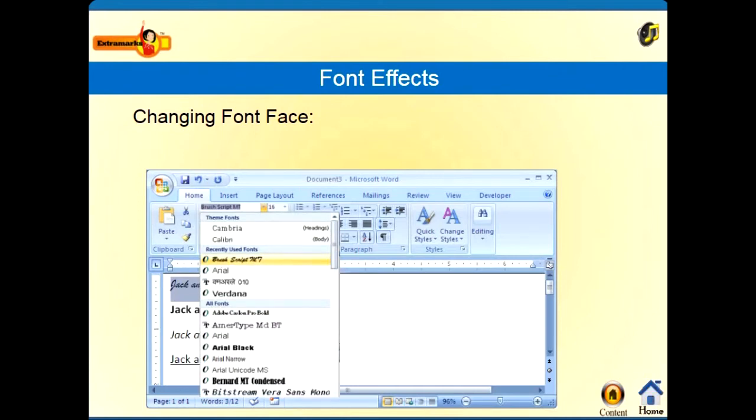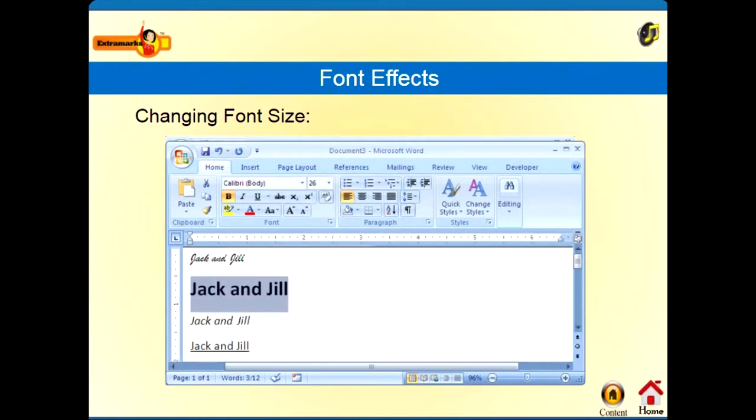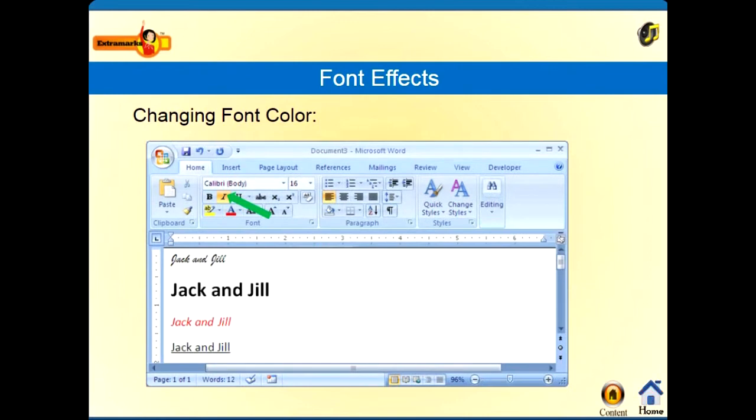Select the sentence or a word, click on font style, and from the drop down menu you can change the font face. Similarly, you can change the font size and font color. The changes will be done by selecting a particular sentence, word, or a paragraph.